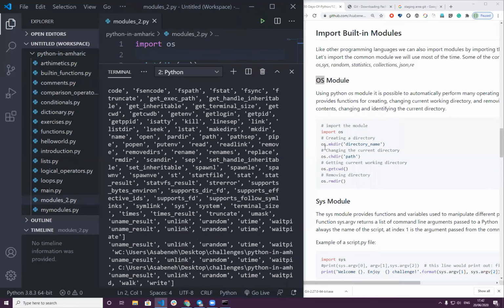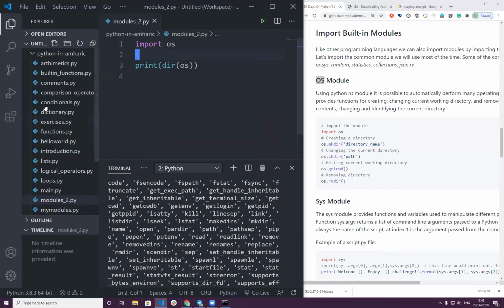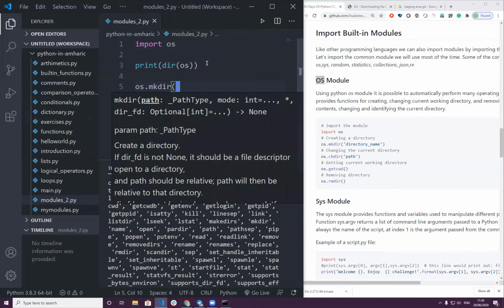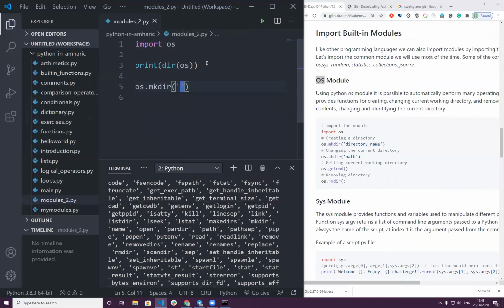Make directory. For instance, if I want to make a directory here, I can use operating system dot makedir, and I'd like to call the name, it's time for Corona, right? Corona, yes.